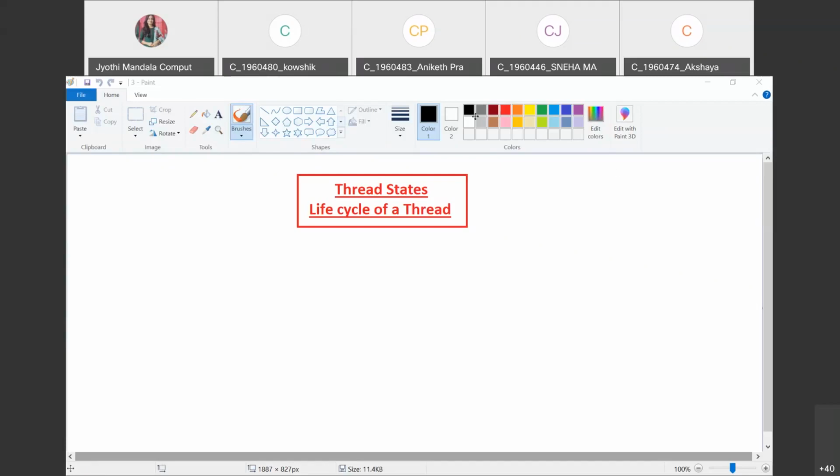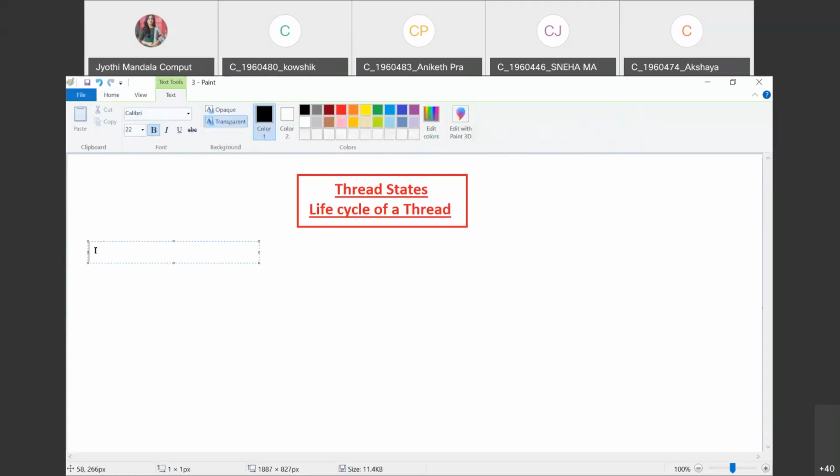Okay, so keep your heading, all of you: thread states. Whenever you are talking about thread states, there are 5 stages for a thread. Note down the 5 stages, all of you. Or you can also call them 5 states.